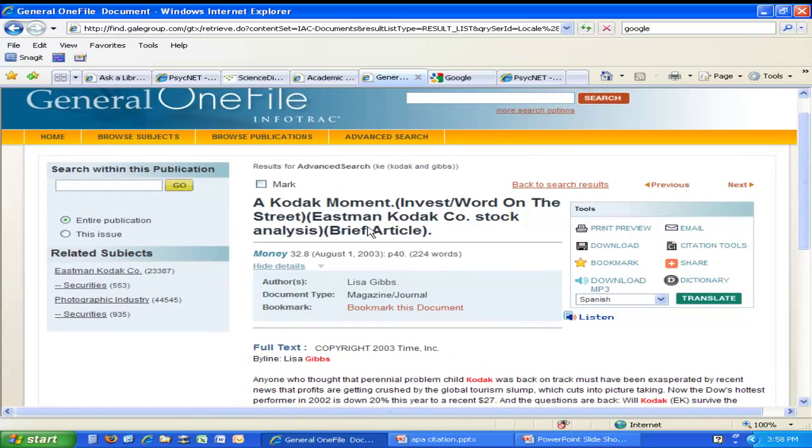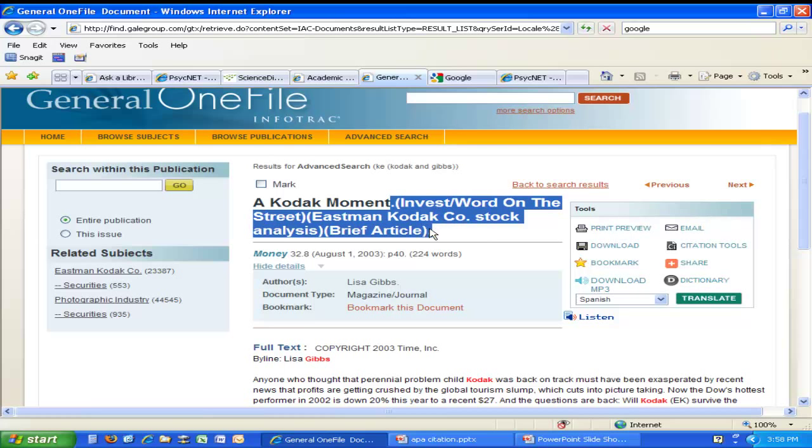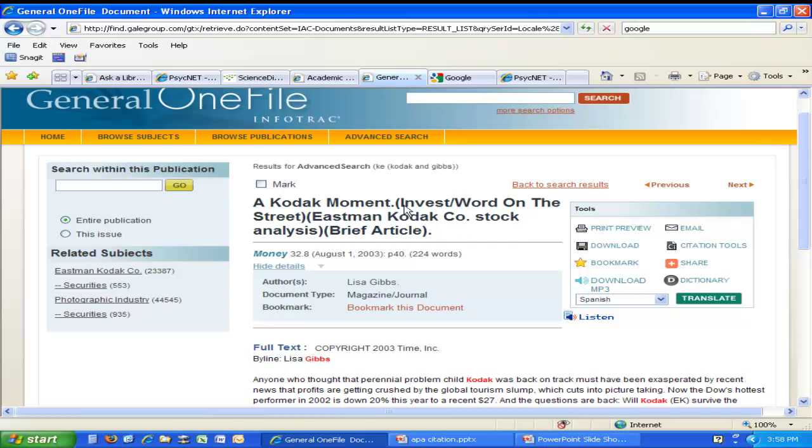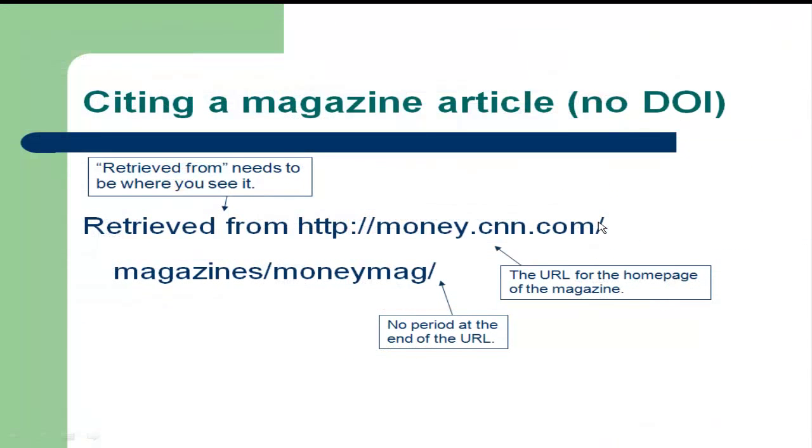Sometimes those titles can be confusing. You will notice we have a whole lot of stuff here in parentheses. Generally speaking, your title is up to the parentheses, and then it stops. What the parentheses are usually magazine names or sections from the magazine, a little bit of description, Eastman Kodak Company stock analysis, and often letting you know if this is a long or short article. While all of these things are great and nice, they are not the title of your article. When you have the PDF, you can pull that up and see what the article looked like on the page it was printed on, and you will be more easily able to identify what are true titles and what are not.